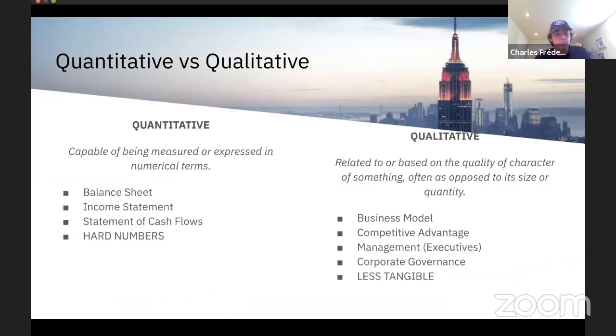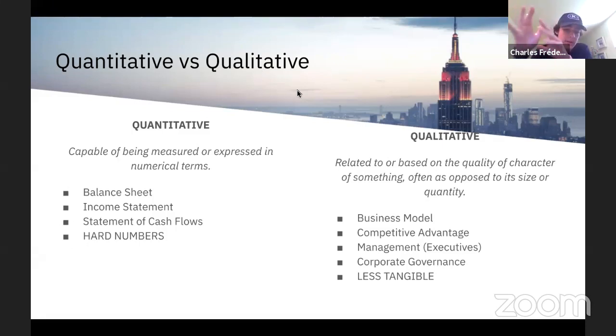Yep. So fundamental analysis has two components: the quant one and the qualitative one. You want to be able to measure, to use the numerical terms, the measures that are available to you. So balance sheets, income statements, statement of cash flows, the 10K. At the top it's a lot of numbers, and when you see them, you compare them to previous years and so on. So it's all hard numbers.